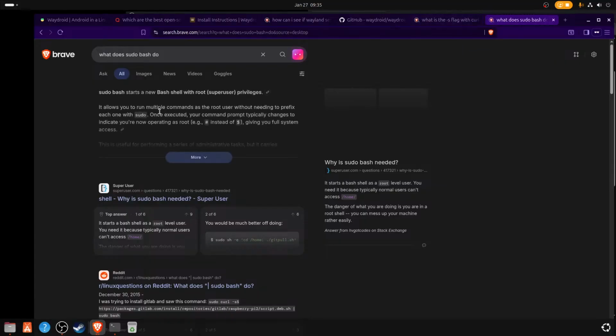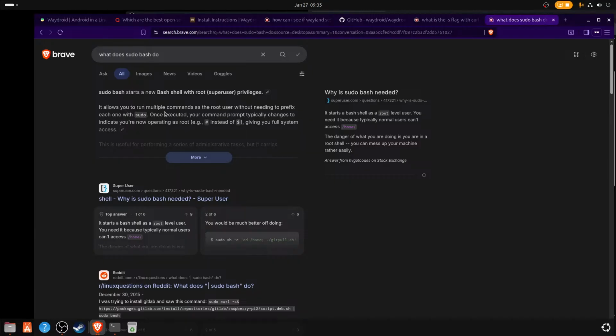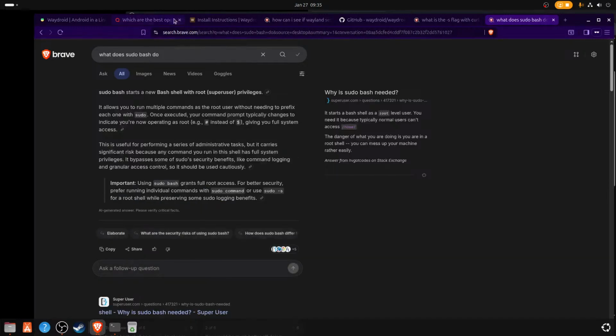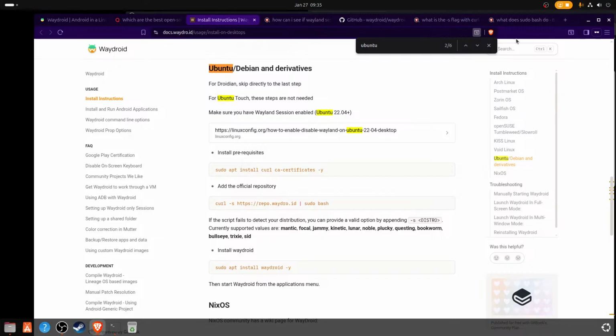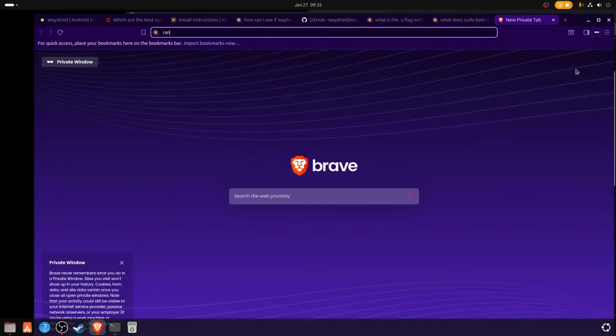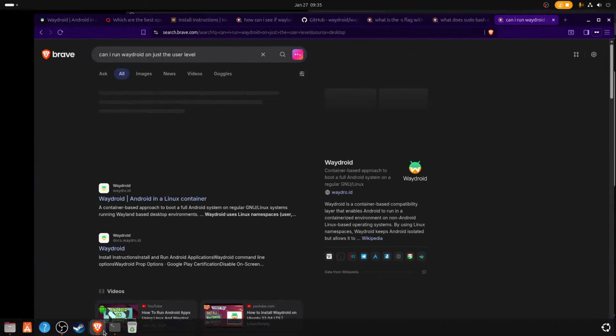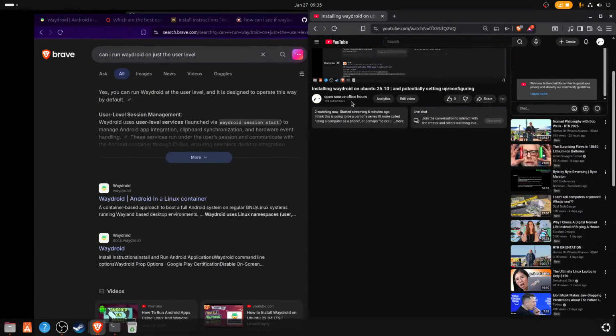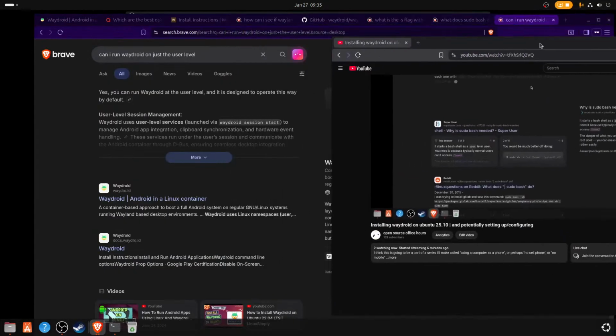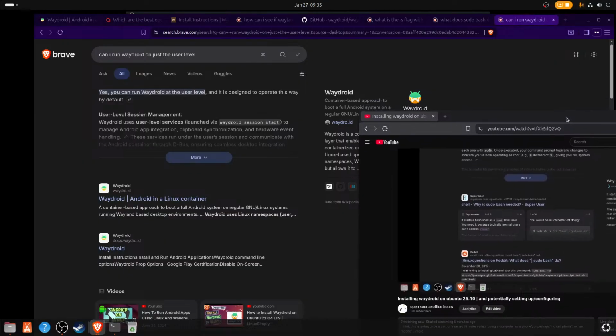It's a shell, yeah. Ooh, you have to run it as root. I'm trying to figure that out. Okay. Can I run Waydroid on just the user level? That's what I want to know. I want to know if I can do that because,